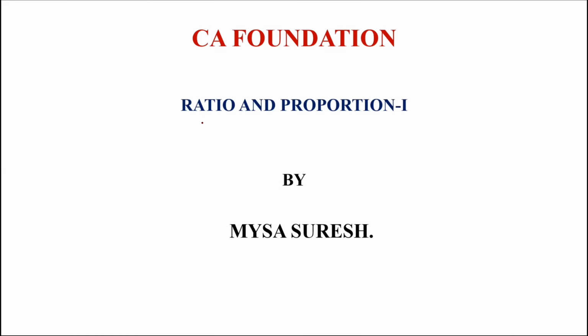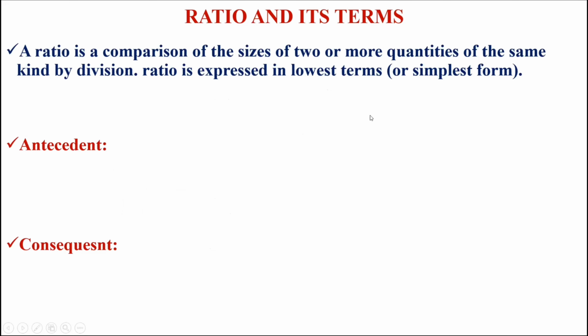Ratio and proportion, one of the very important topics, comes under business mathematics. So today we will discuss ratio and proportion, the first chapter of business mathematics. There are 5 tricks, and in between I will also explain the tricks to calculate squares and cubes if time permits.